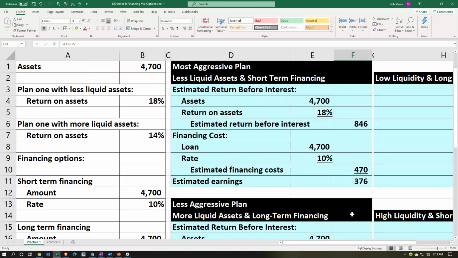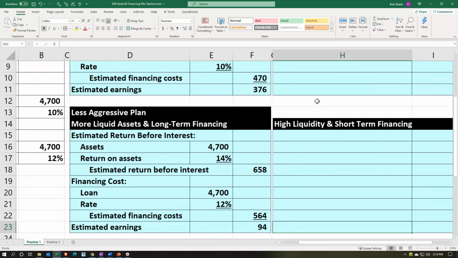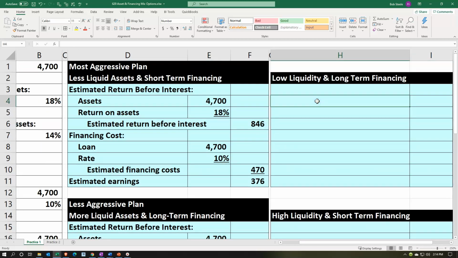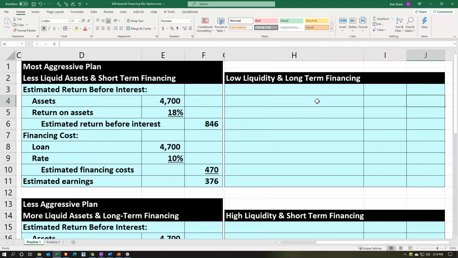So that's going to be basically our trade-off. Then let's consider some in-between types of plans. These are the two extremes, and we can see a combination between these as well. So we could say, what if we did the low liquidity and long-term financing? Low liquidity, long-term financing. So in this option, we're saying, hey, look, we really think our competitive advantage is in